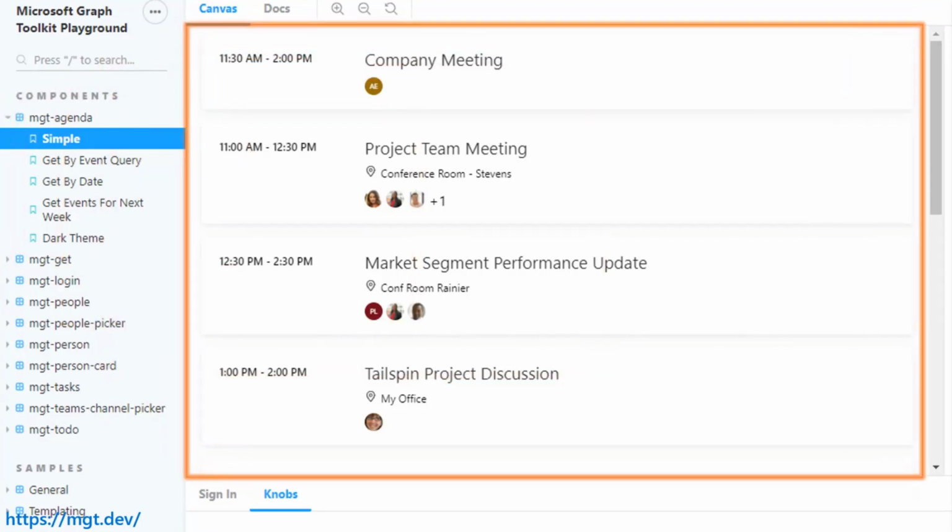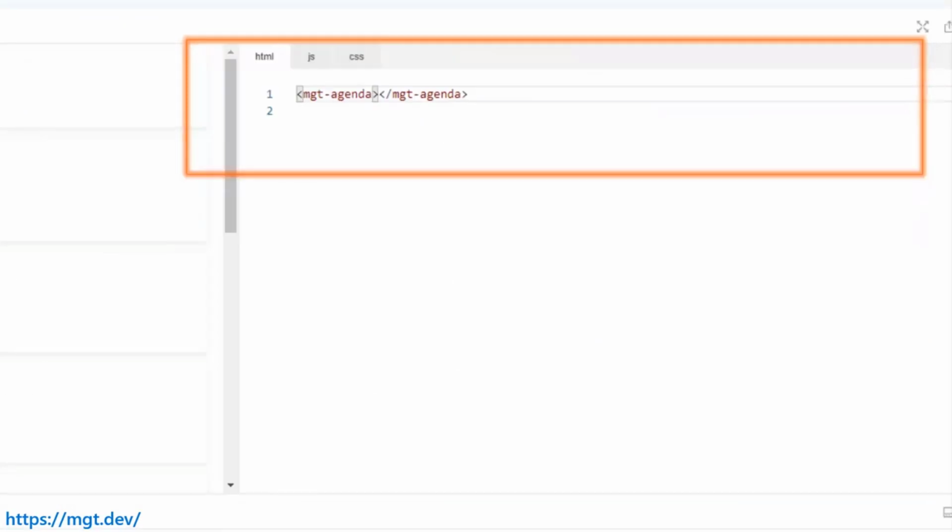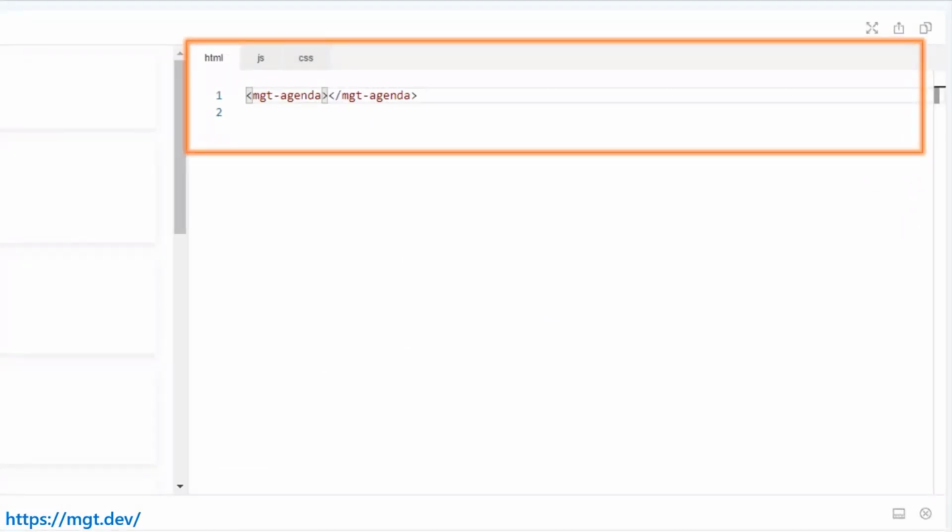On the right here, you usually see a preview of what the component is going to look like. This is obviously using sample data when you go to the MGT playground, but you can actually sign in and use your own credentials to test this. Usually on the right of the playground, you have a place where you can edit the code and preview. But here's the cool thing about the Microsoft Graph Toolkit: for me to display an agenda,